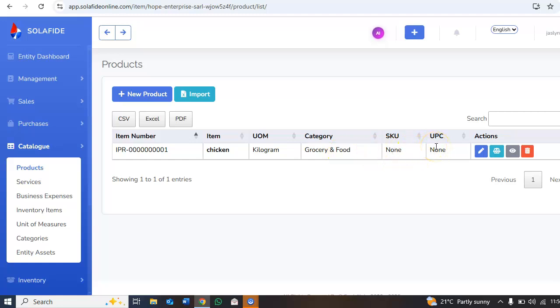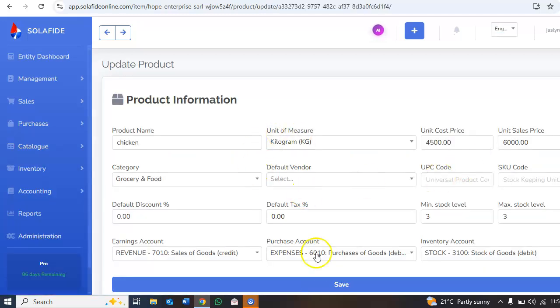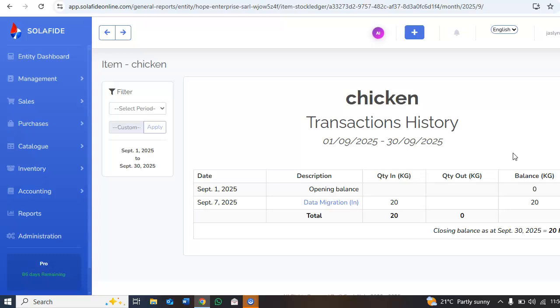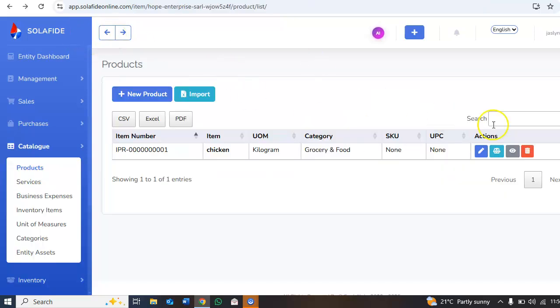SKU and UPC optional. Okay, in case we want to edit this, we forgot to add something, we tap on this and then we can edit. And once you're done editing, you save. And in case you want to see the stock level, you tap on that and it will appear like this. And in case you also want to delete this particular product from your product list, you tap on this delete